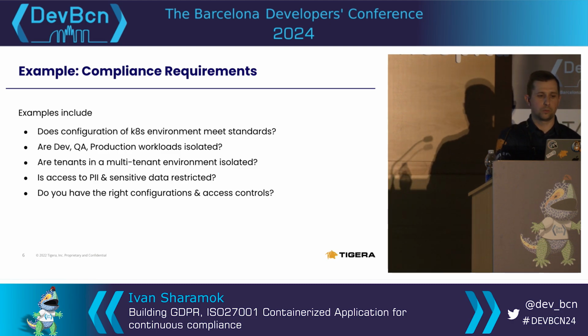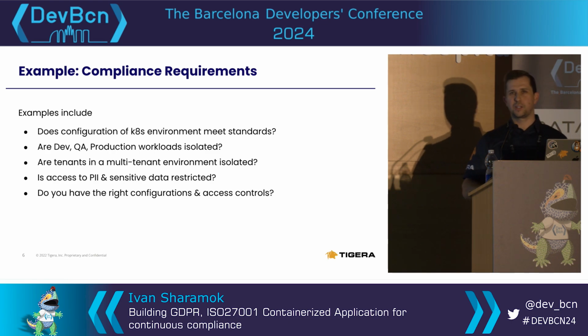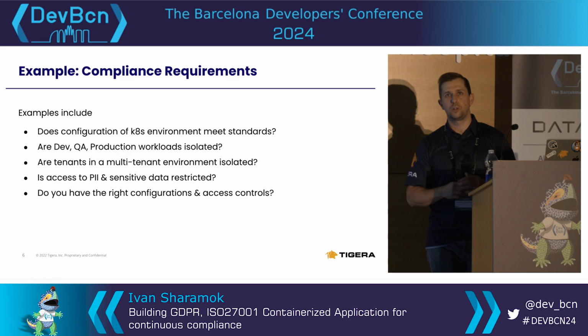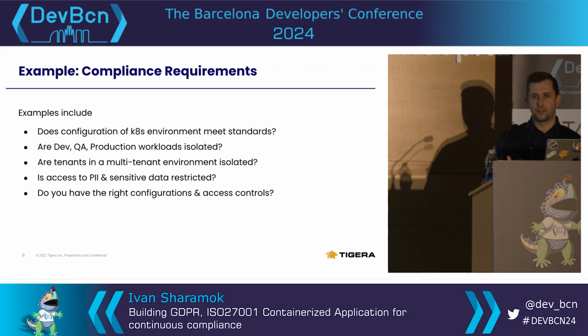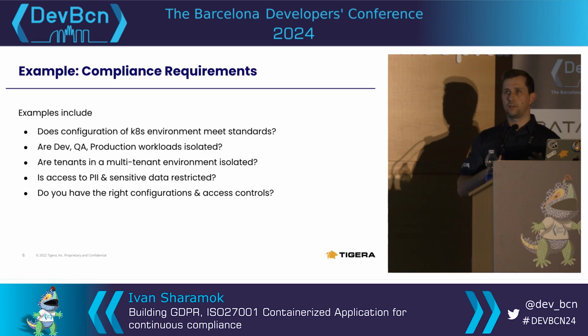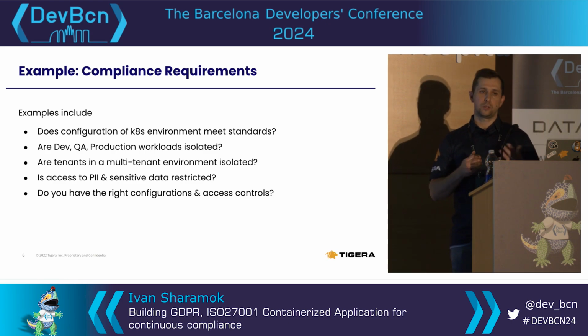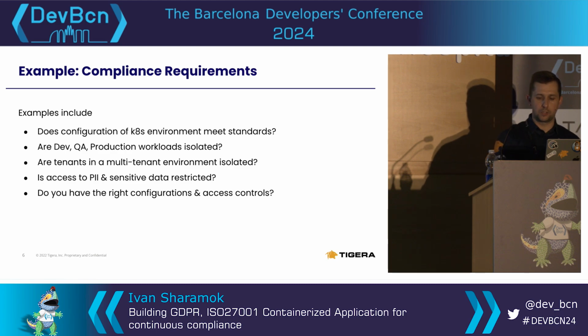That also applies to multi-tenancy. Tenant is a loose term, if you will, when used with Kubernetes, because it can represent an application or it can represent a team. So it depends on what is typically meant by tenant in there. But in general, when you build multi-tenancy, you need to prove that tenants are isolated and they cannot talk to each other.